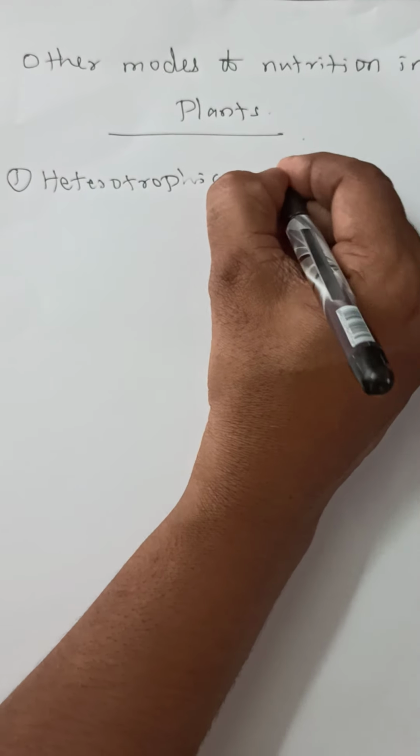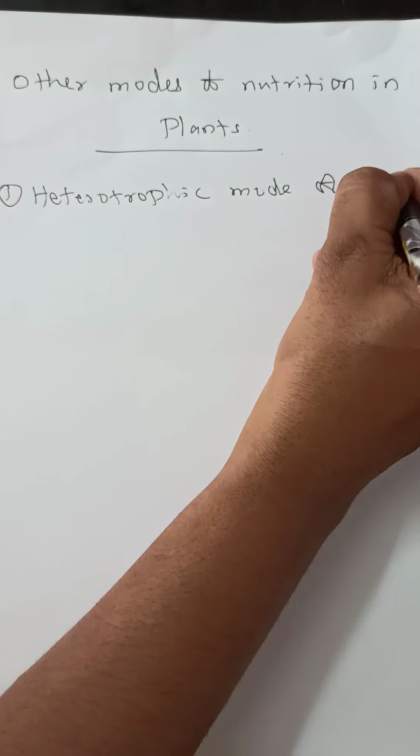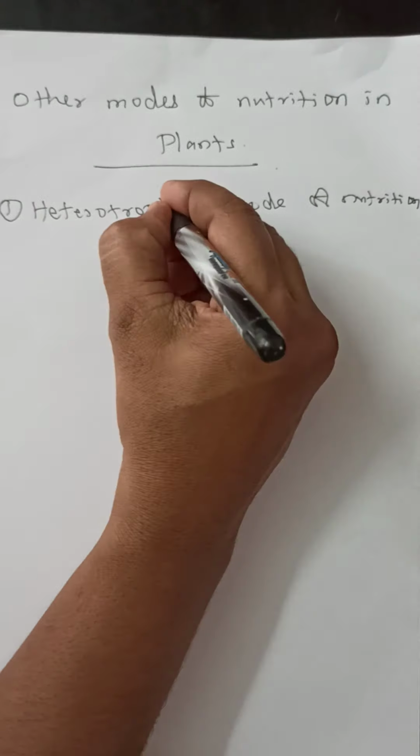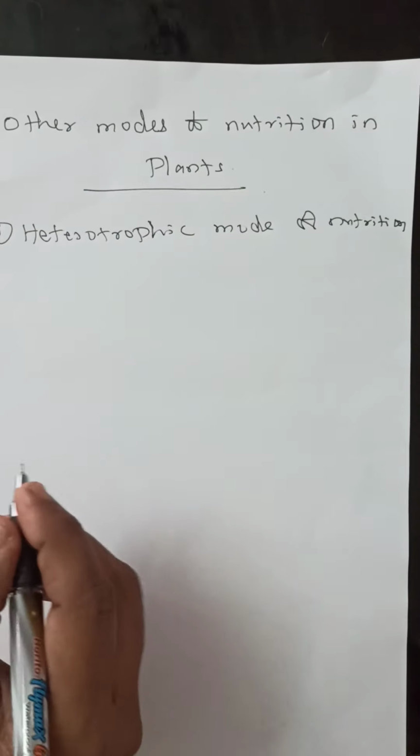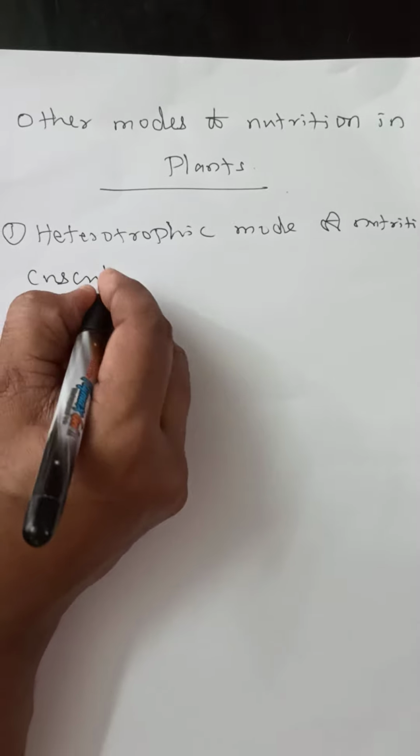mode of nutrition. Heterotrophic mode of nutrition. For example, Cuscuta. You can see in your textbook